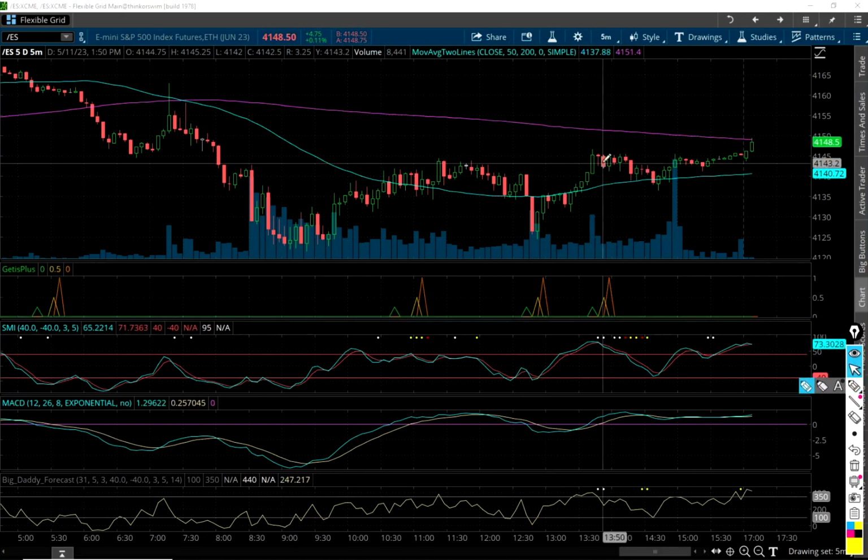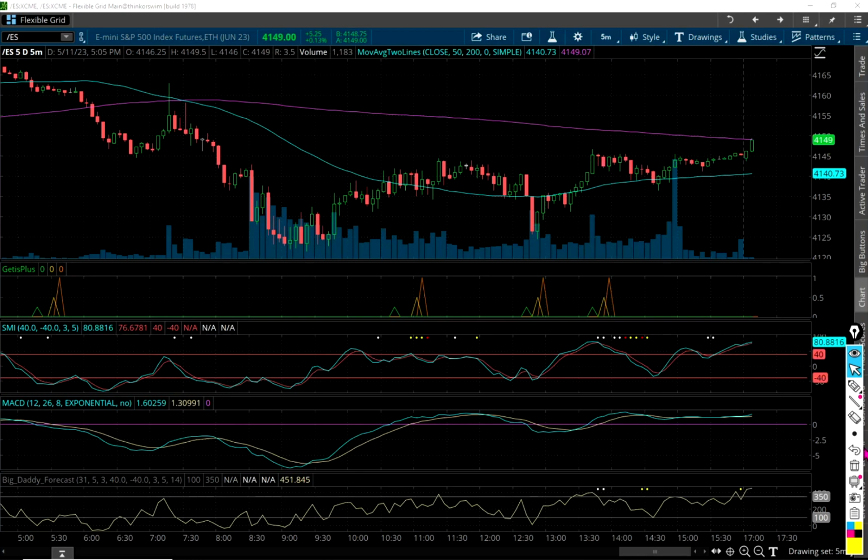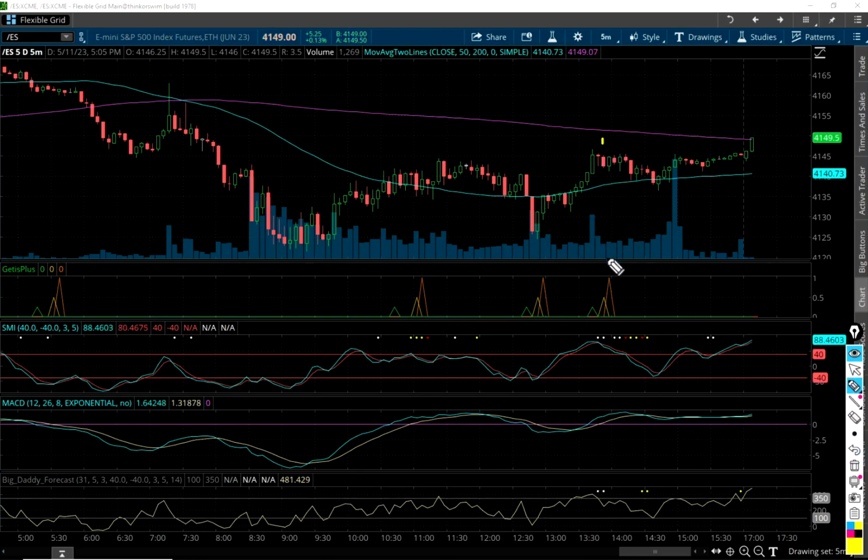Last one of the day. At 1:50 in the afternoon. Looks like it's this one right here. Was there much there? Yeah, there was. I mean, for me personally, if I was taking this trade, I would have taken it because I can see the SMI rolling over. Now, end of the day is a little bit tricky. You get towards the end of the day, so you've got to be a little bit careful.